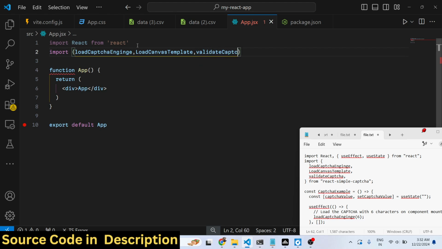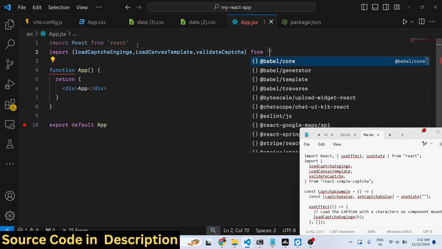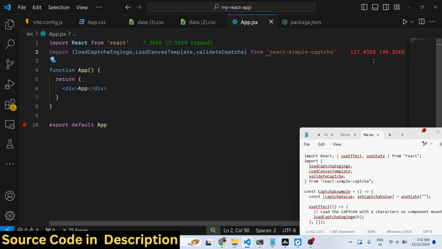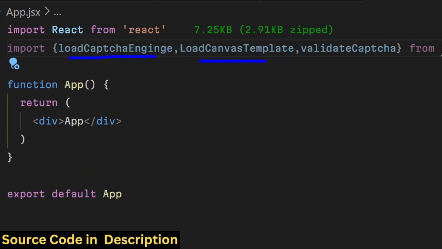These are the three methods available in this module, which is coming from React Simple Captcha. It's just a 127 kilobyte package, and it has three methods for loading the canvas,